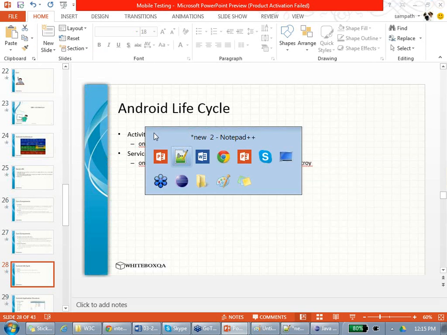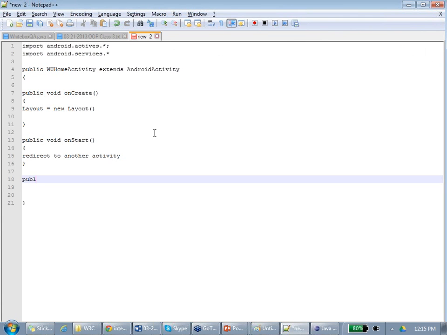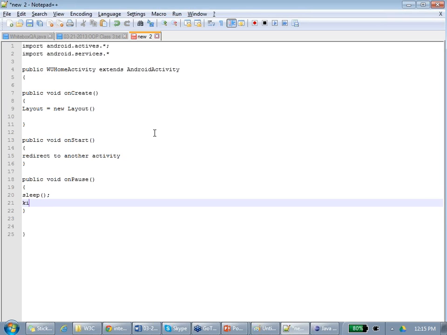Now, for example, public void on pause. On pause means this guy hit the home screen. He is about to transfer money, but he changed his mind and hit the home screen. What should I do? Okay, go and put this one to sleep, or kill this activity or something. Agreed? So that I don't use your CPU and your data. Otherwise, I will be constantly using your data and everything.